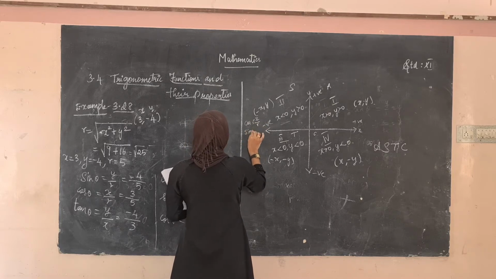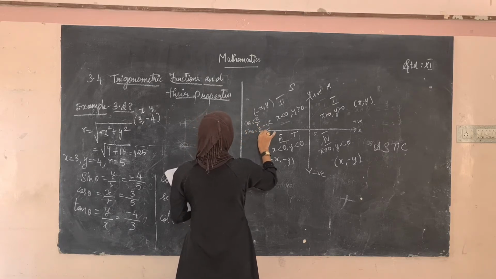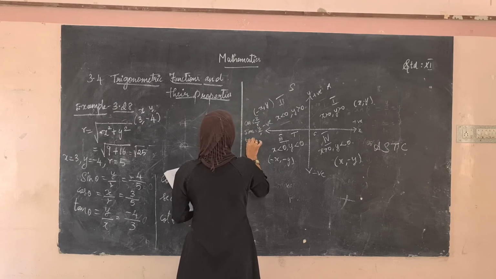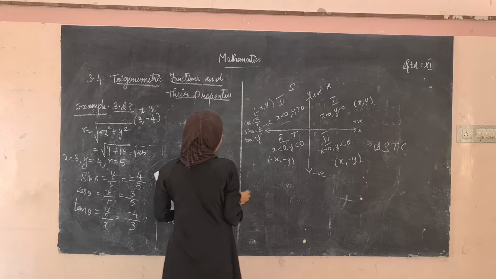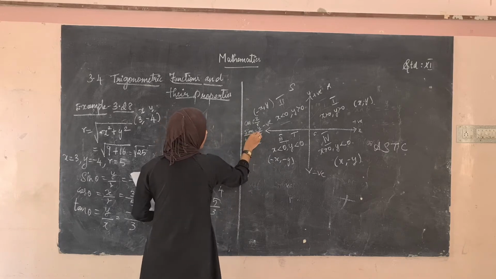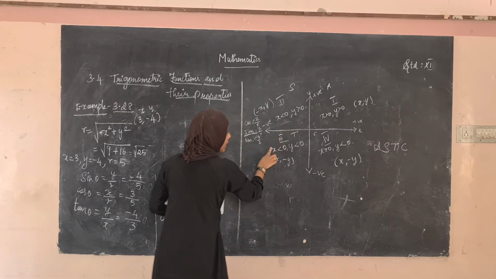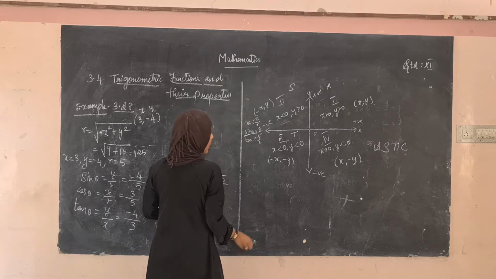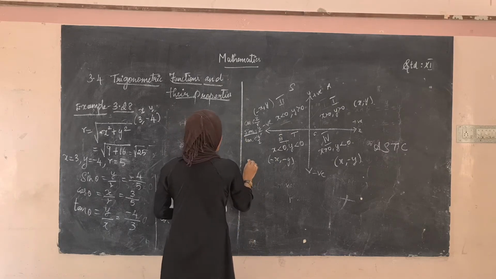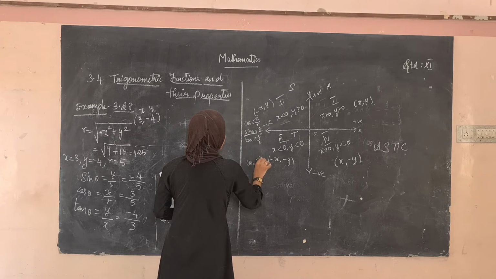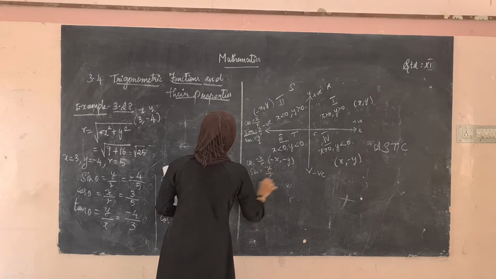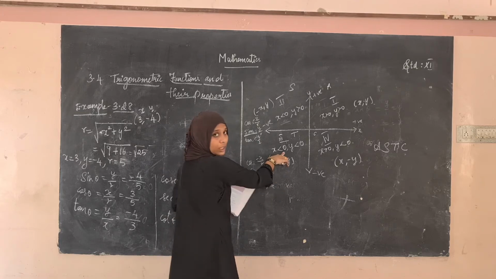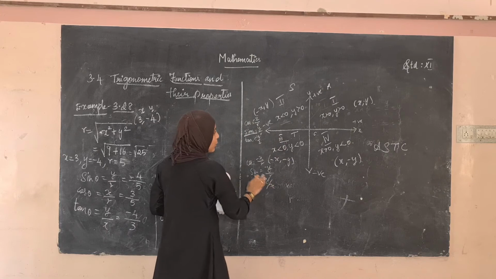What about sin? Sin is equal to y divided by r. Sin is positive. What about tan? Tan will be equal to y divided by minus x. Again, everything else is negative, only the sin value will be positive here. And here when it comes here minus x, minus y. See here, what will be the cos value? Minus x, r. Sin value minus y, r. When it goes to tan's value, it will be y divided by x. So in the third quadrant only tan's value will be positive.